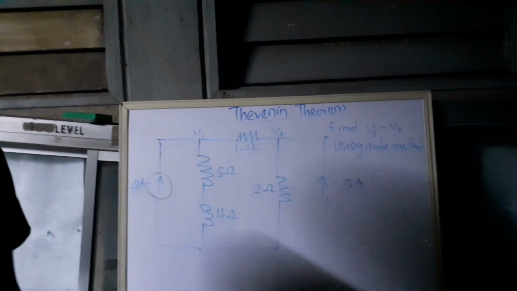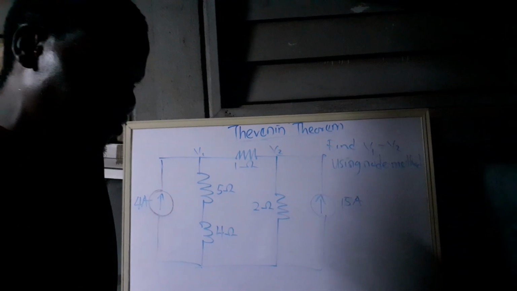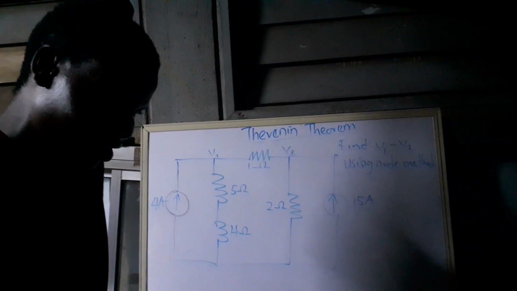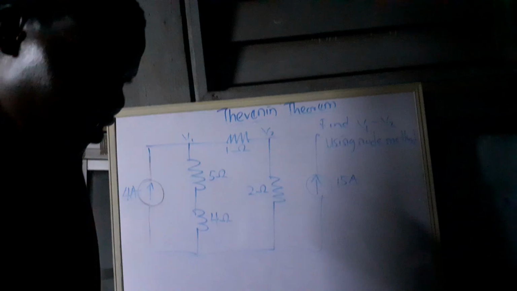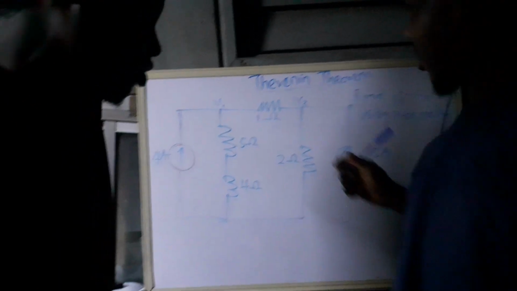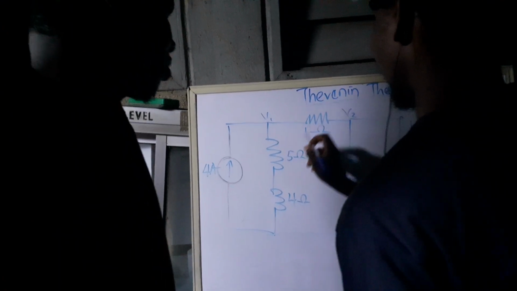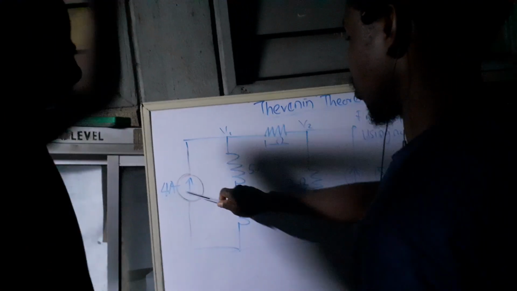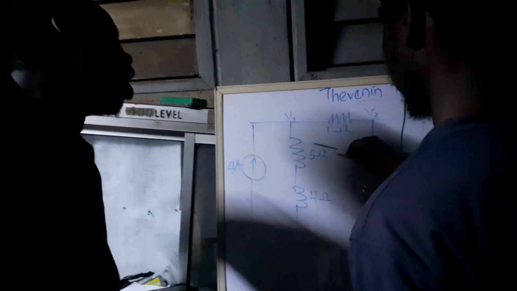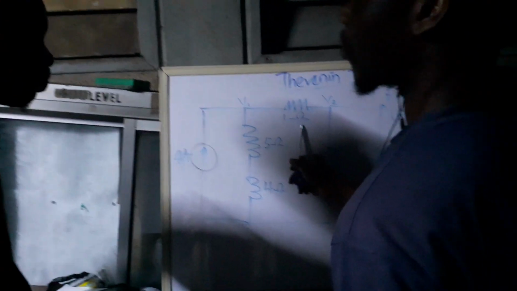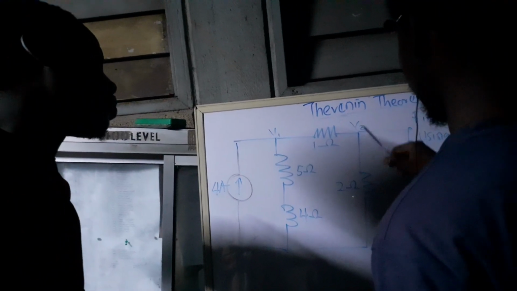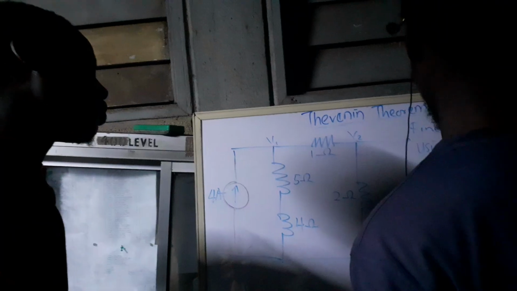You are still solving. Time is going. I'm not sure I'm right though. Take time. I'm thinking, current within this node like this, then I'll be V1 minus 4 plus V1 over 9, plus V1 minus V2 over this one. Then add this node here, V2 minus 1 over this one, V2 over this one, then minus